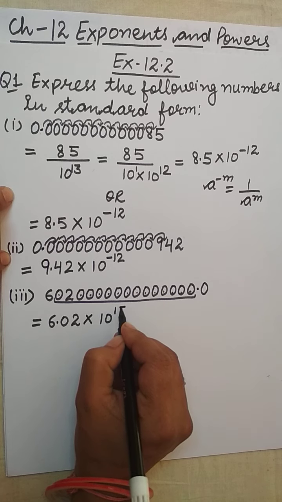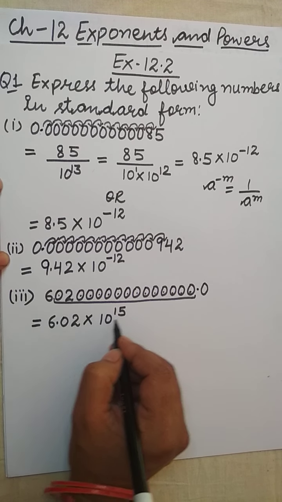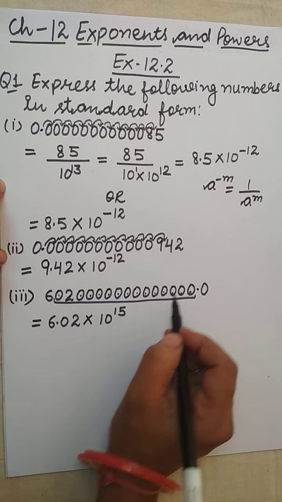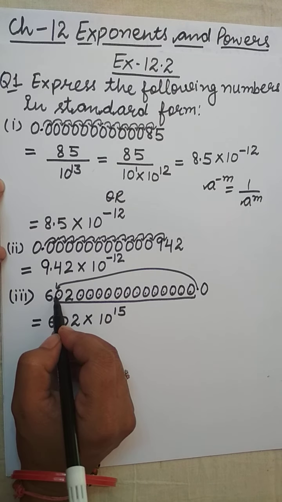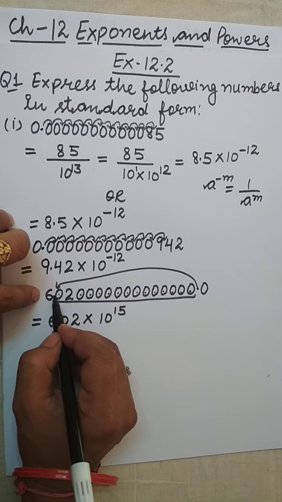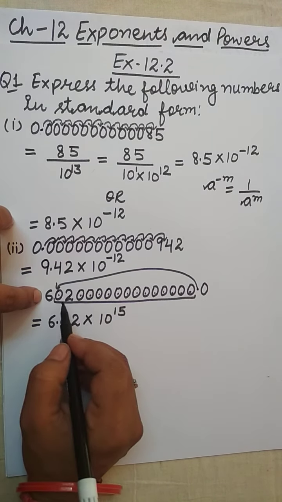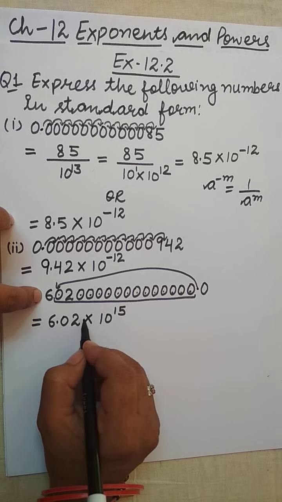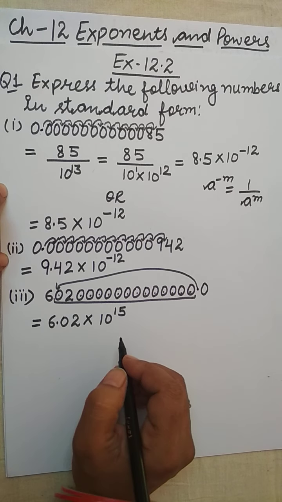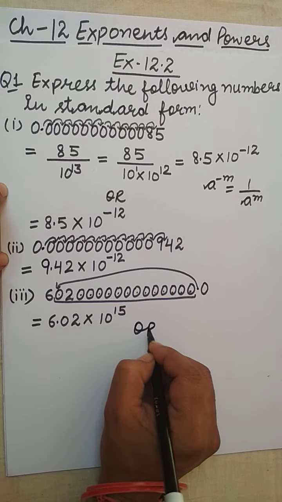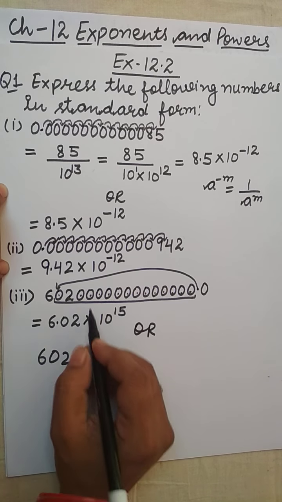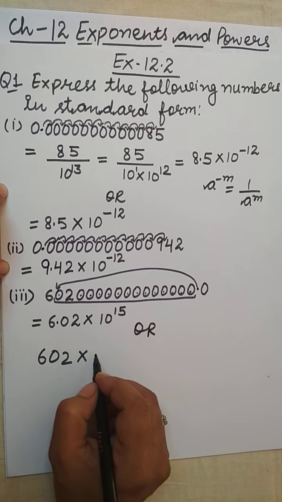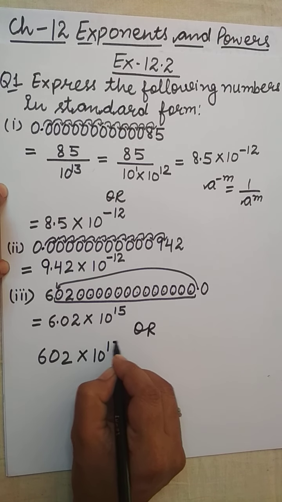So it is 6.02 into 10 raised to power 15, as we have moved this decimal to the left, that is, after 6. We shifted 15 digits, so it is 6.02 into 10 raised to power plus 15. Or we can write it as 602 multiplied by, as there are 13 zeros, 10 raised to power 13,